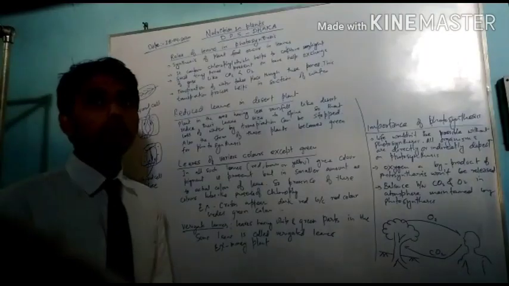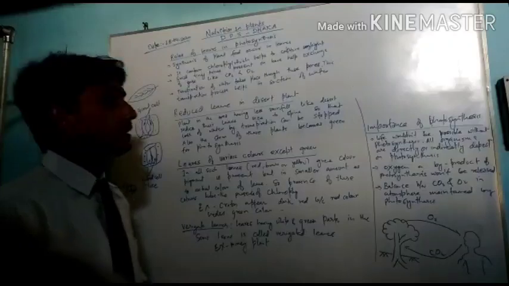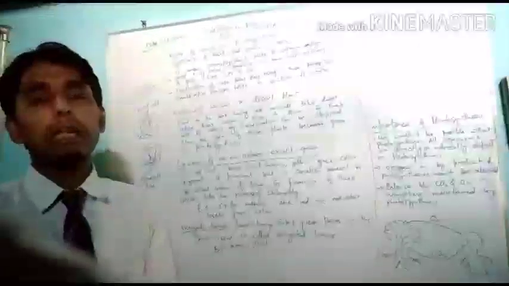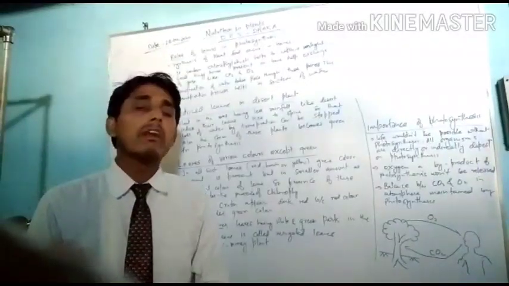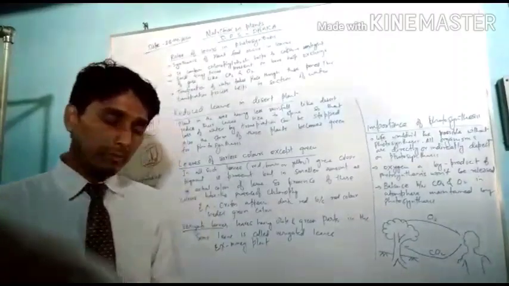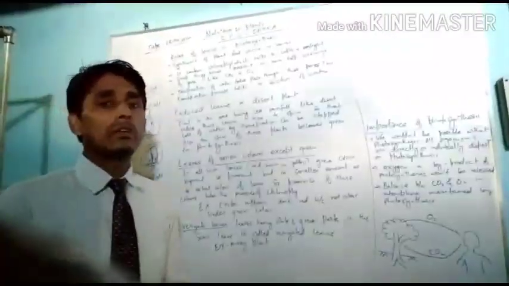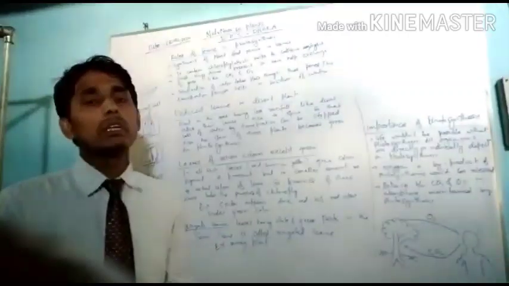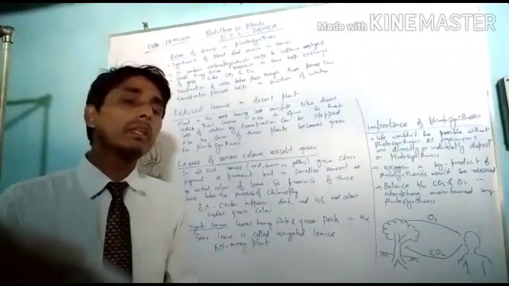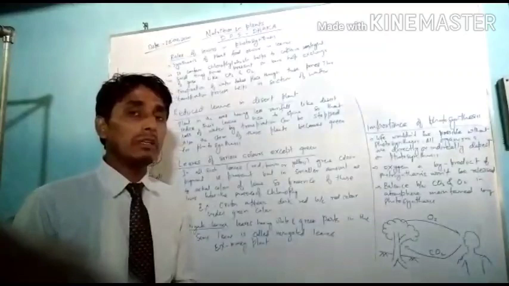Small tiny pores are present on the leaves which help in the exchange of gases like carbon dioxide, oxygen and water. So without the pores on the leaves, photosynthesis would not have been possible, because